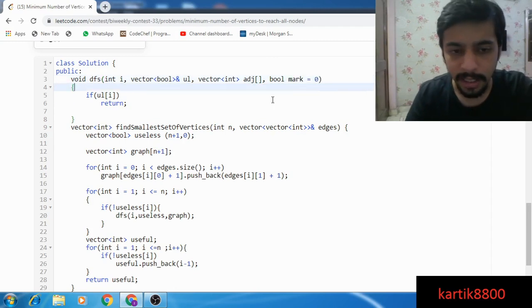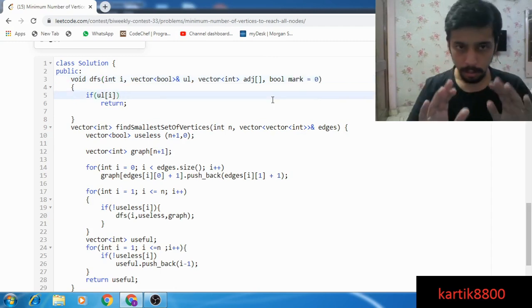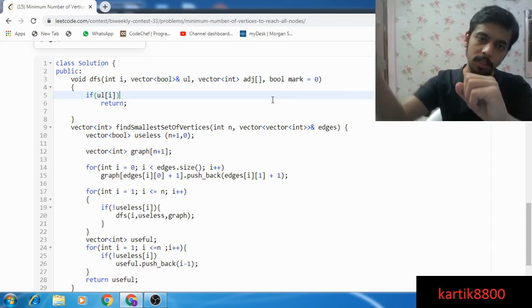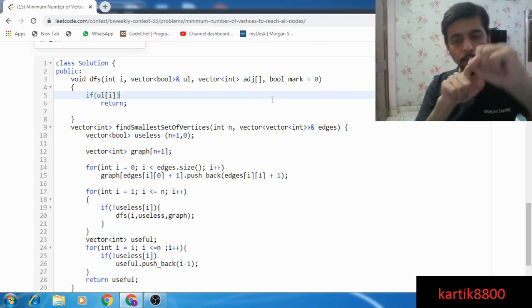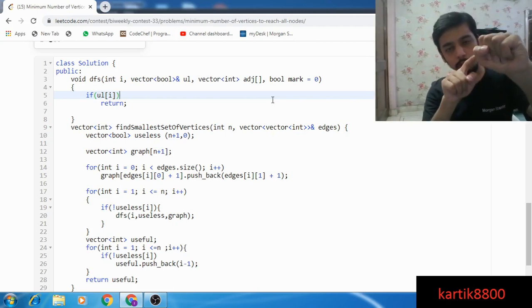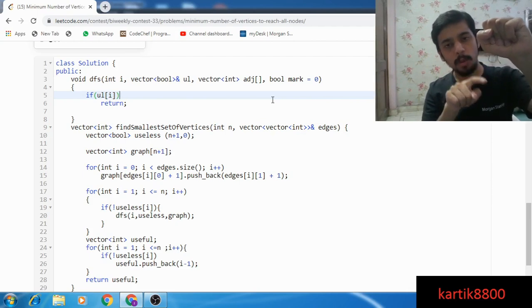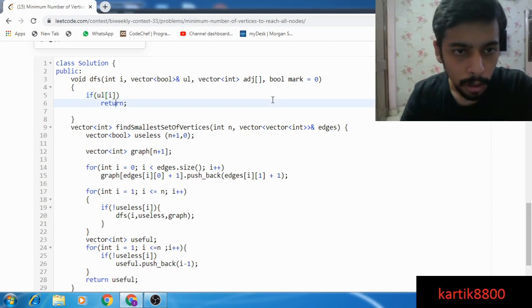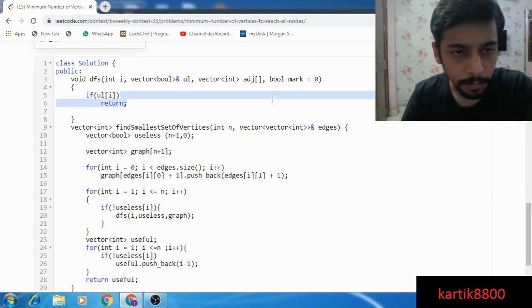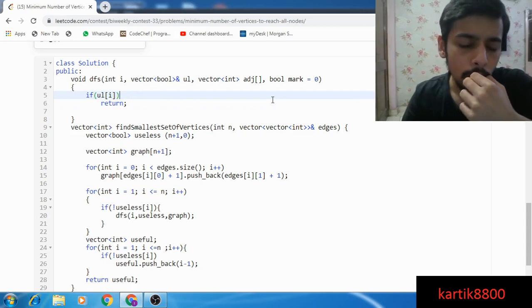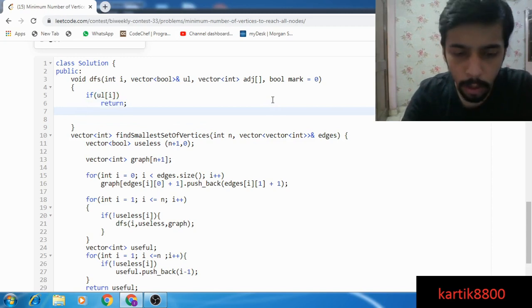Mark, initially it's 0. For the first guy I call, it's cool because I'm not sure whether there is a path from some other node to this node. Otherwise, from here, if I'm going to somewhere, then I'm sure that this node can be used to reach this guy. So I need to mark that particular person useless. Okay, that's the idea. Having a visited might be helpful. Let me just code it out and we'll see.